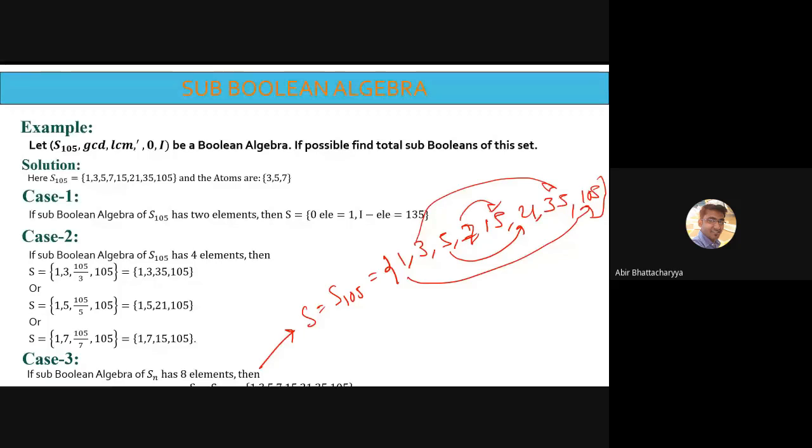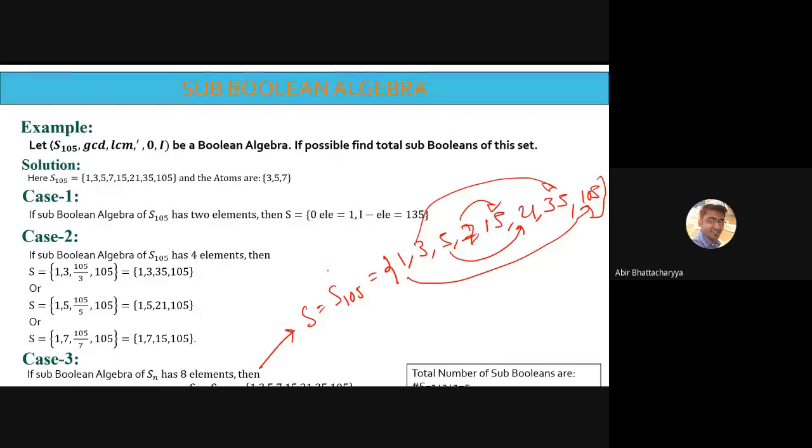This is a specific sub-Boolean. How many sub-Booleans are present here? 1 plus 3 plus 1, that is 5. So total number of sub-Booleans is 5. This is the method, the use of Stone's representation theorem. Using Stone's representation theorem, we can easily calculate the number of sub-Booleans of any